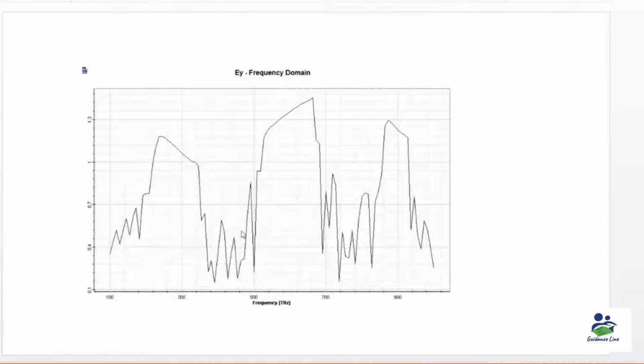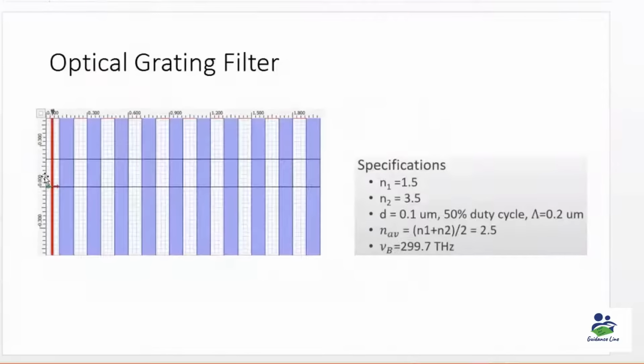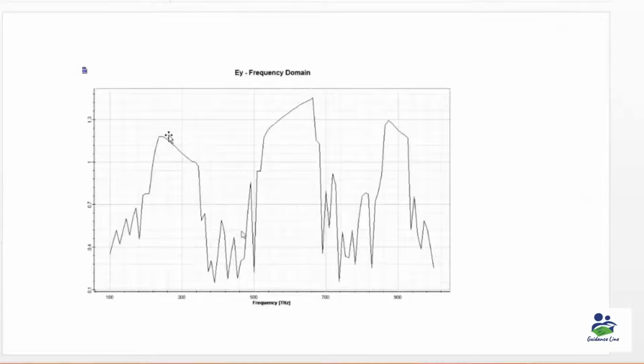Why am I saying stop band? Because as you can see, the observation point is present over here at the start. That means we are considering the reflection waves. So the reflection is showing as a stop band over here, or you can see the reflection spectrum over here. These frequencies will get transmitted through the grating, and these frequencies would get stopped and reflected back. So you can see we have a stop band at 300 terahertz, and again we have stop bands at around 600 terahertz and 900 terahertz. We are going to replicate this result.